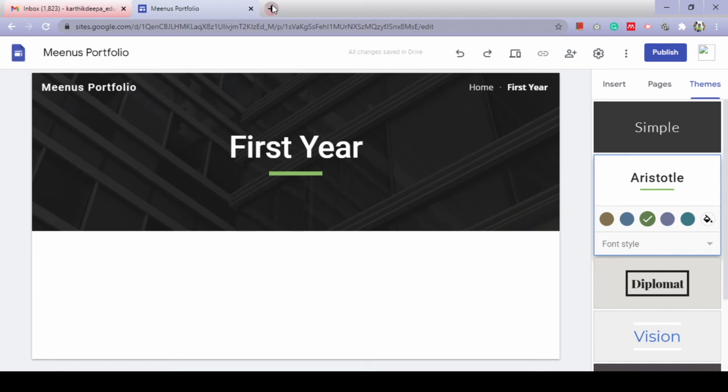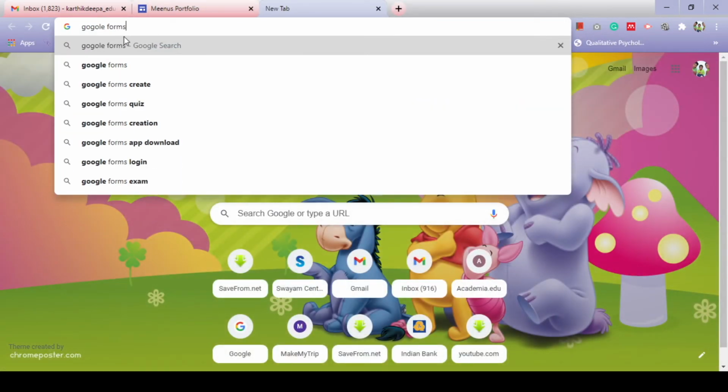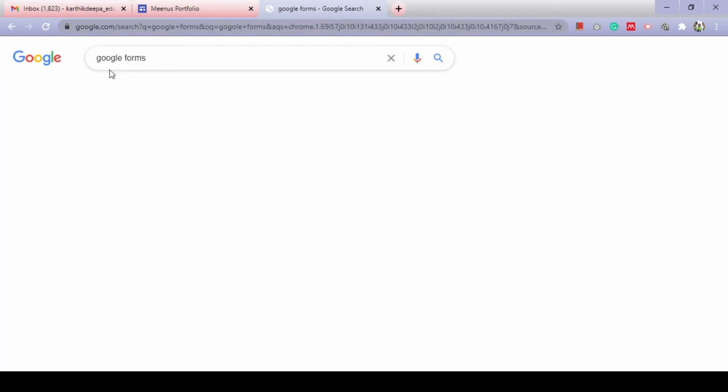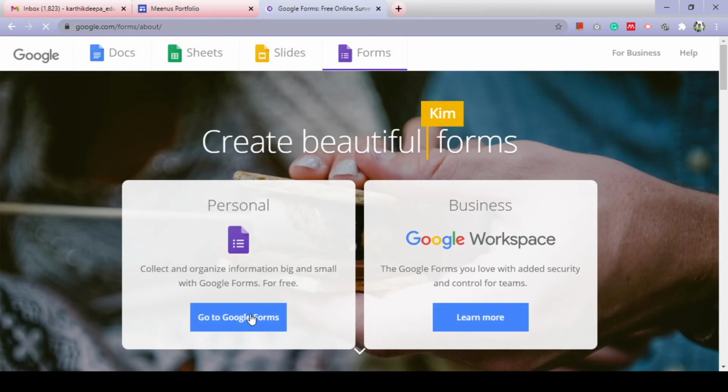and if you have created a Google Form and you want to share that with your teacher, just go to your Google Forms and get the shareable link.